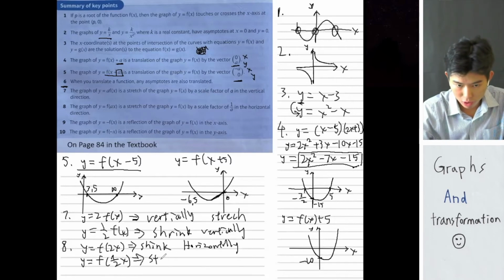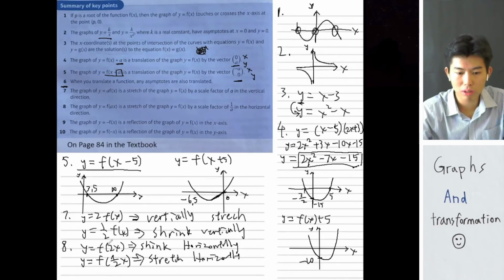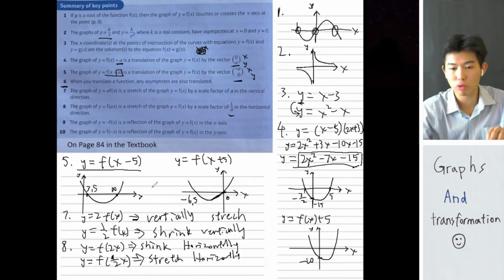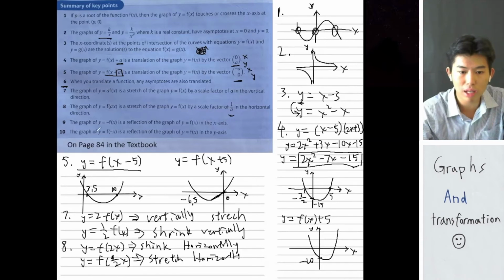It stretches horizontally. Because when you substitute this 1 over 2 or 2 back into this formula, basically if a is equal to 2, then you basically times all the x coordinates by 1 over 2. But if you substitute 1 over 2 back into this a value, then 1 over 0.5 will be equal to 2, so we basically times the whole x coordinate by 2. Okay, so last two